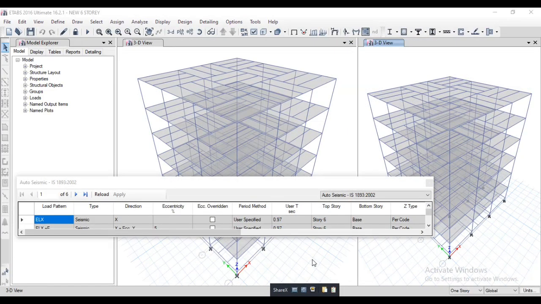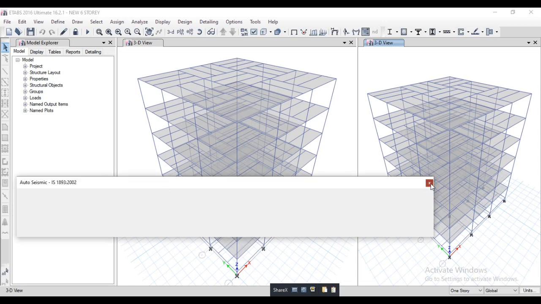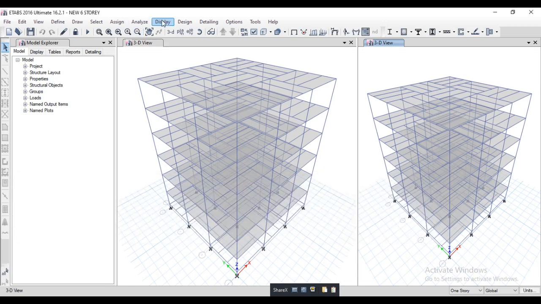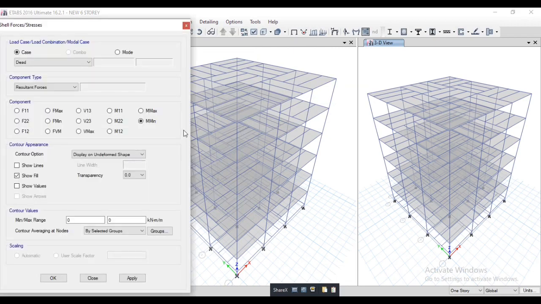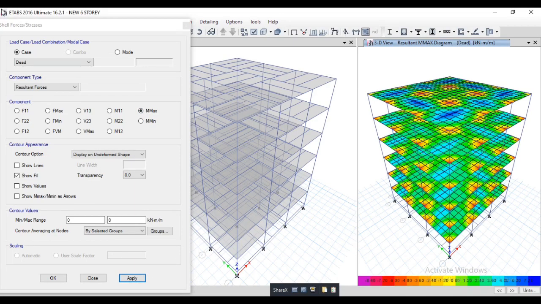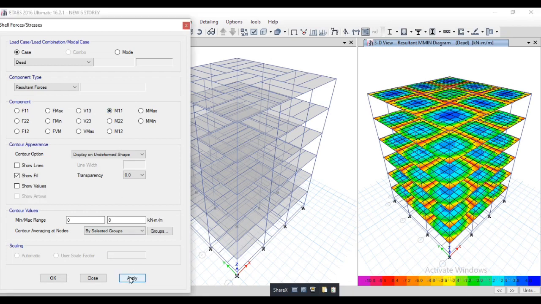Before seeing other values, firstly we will see the stress force diagram of the slab. Then go to display, force stress diagram, and select here shell stress forces. Select here maximum and apply. This is the minimum force stress diagram on slab. If you want to check the moment,